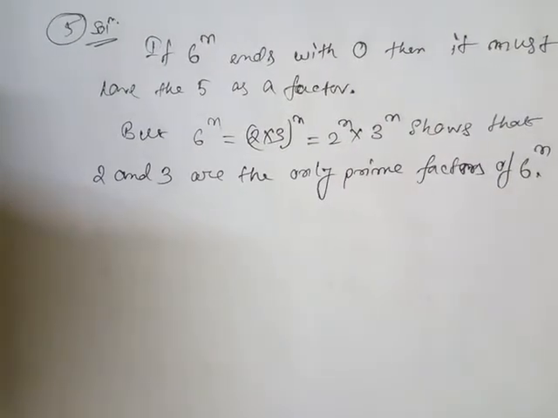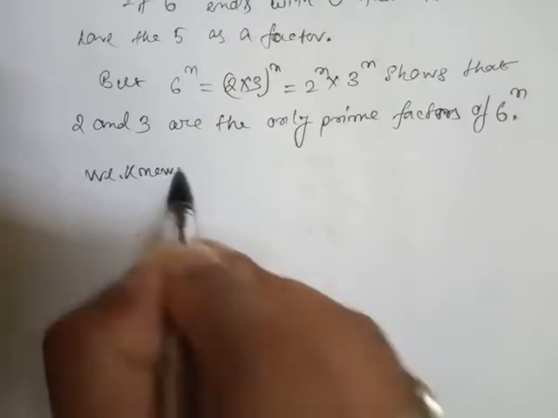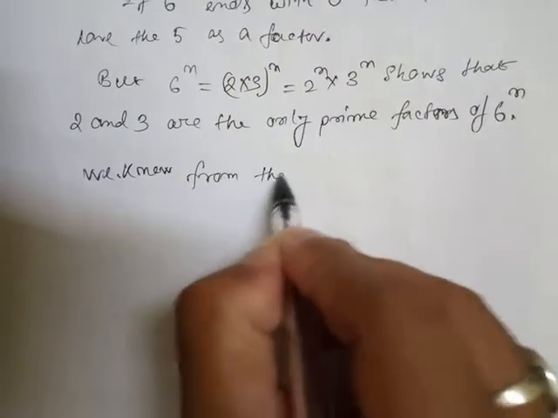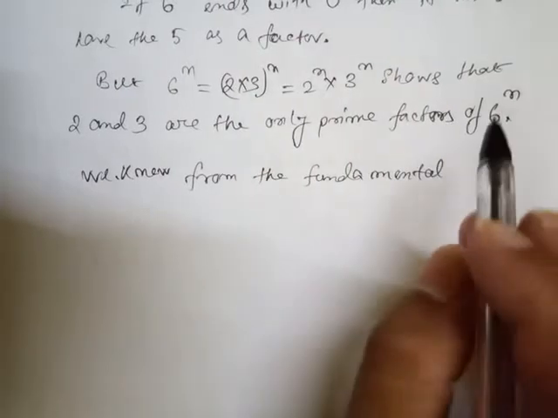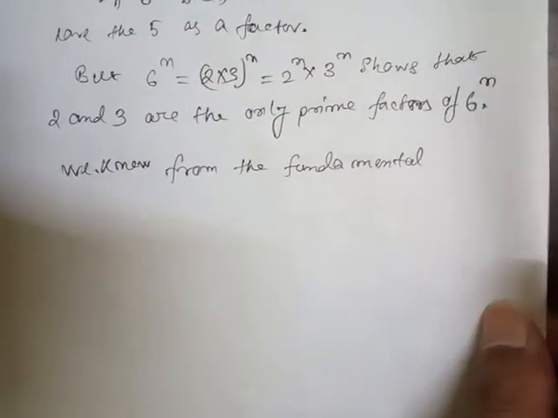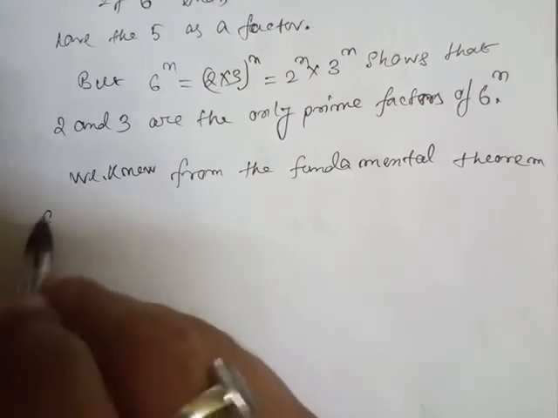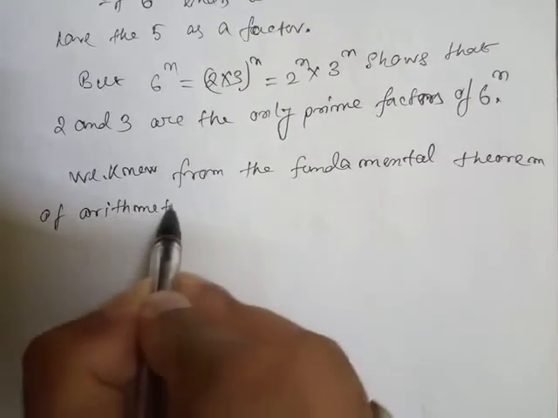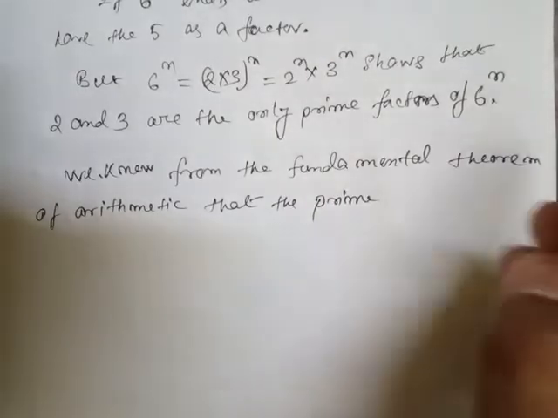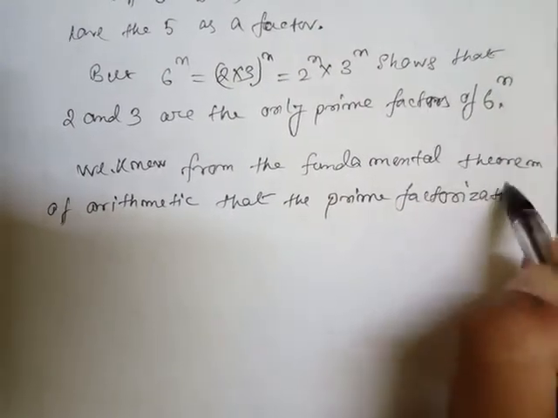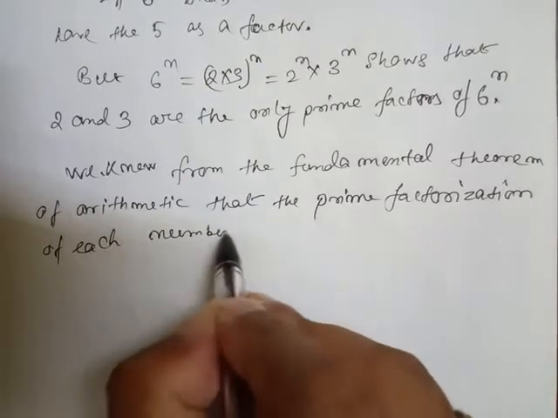So the next line: we know from the fundamental theorem of arithmetic that the prime factorization of each number is unique,